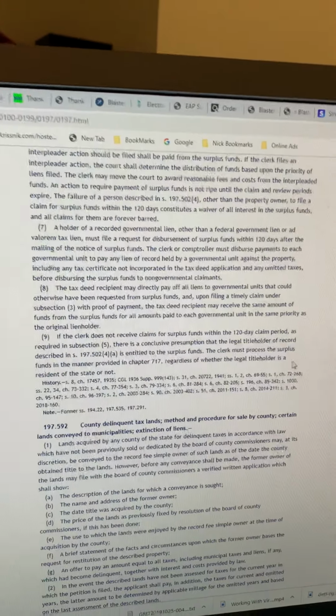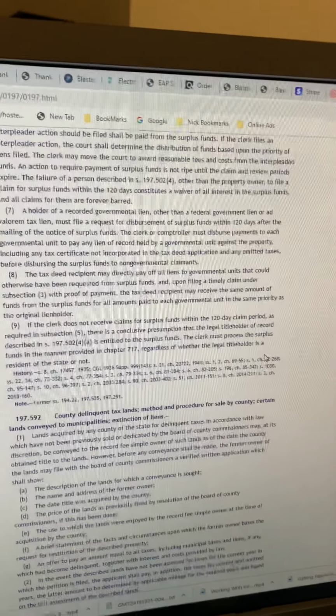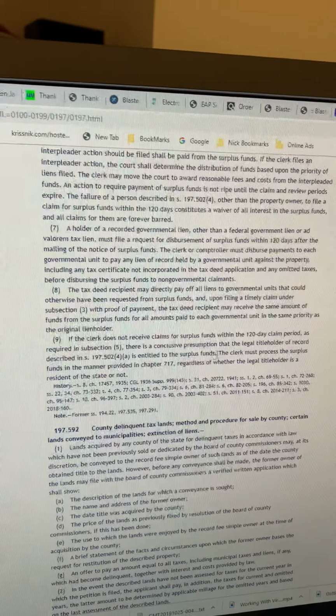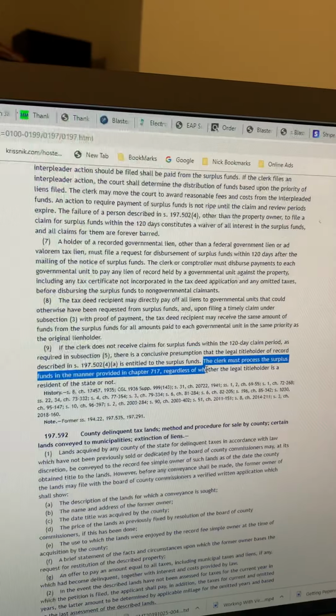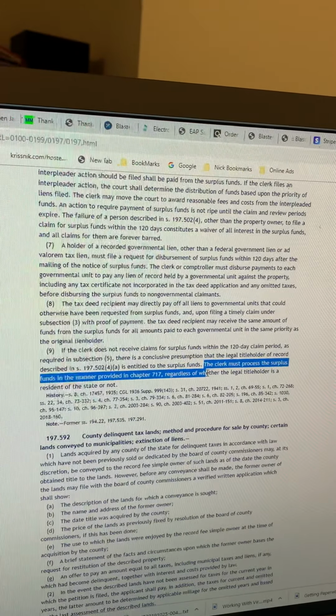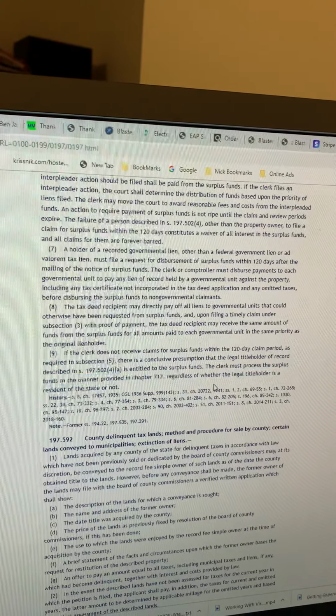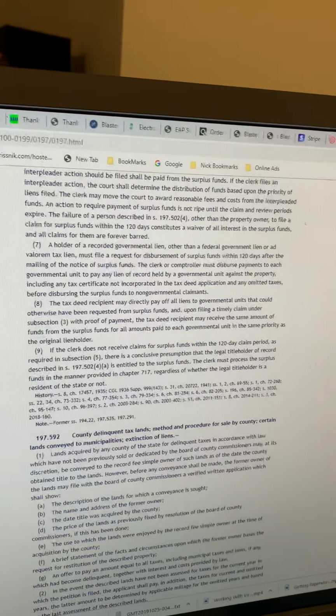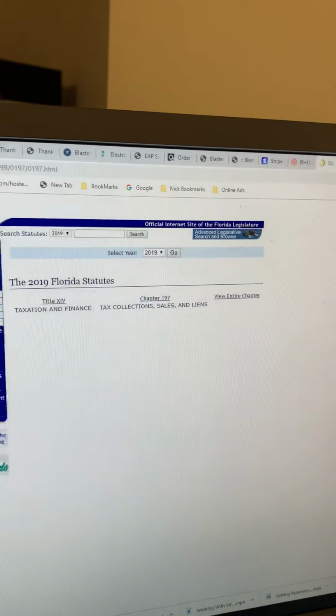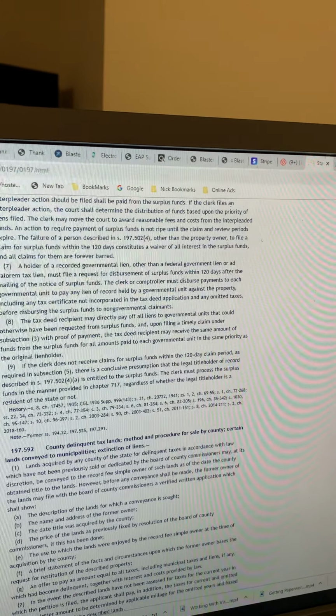So what does this mean? This is interesting because it says that the funds need to be processed in accordance with Chapter 717. And 717 is a whole other